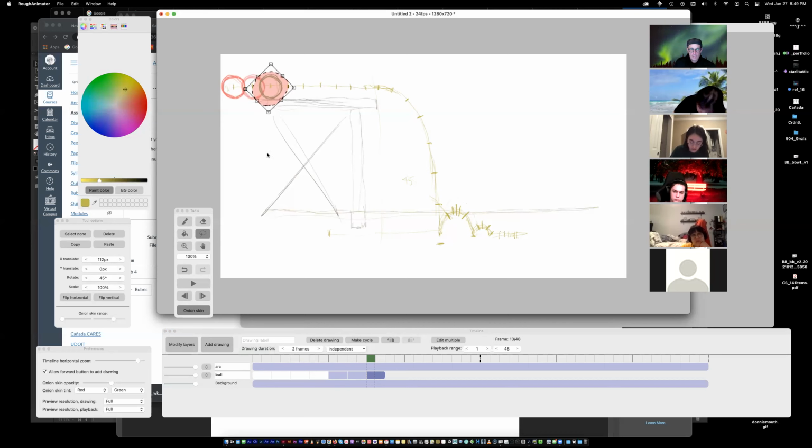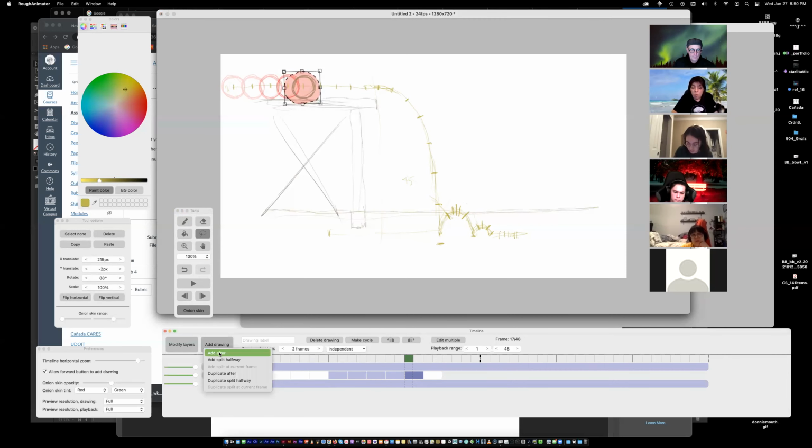Copy it, add a drawing afterwards, paste it, move it to the center position. Remember that the ball is moving at a constant speed. Drag it a little bit, copy it, add a drawing after, paste, move, rotate just a little bit, copy, add, paste, move,